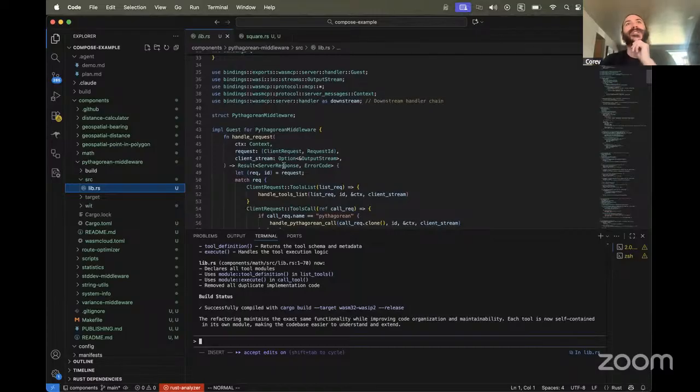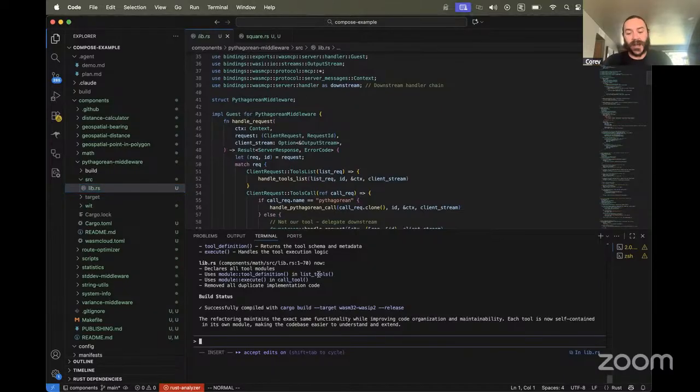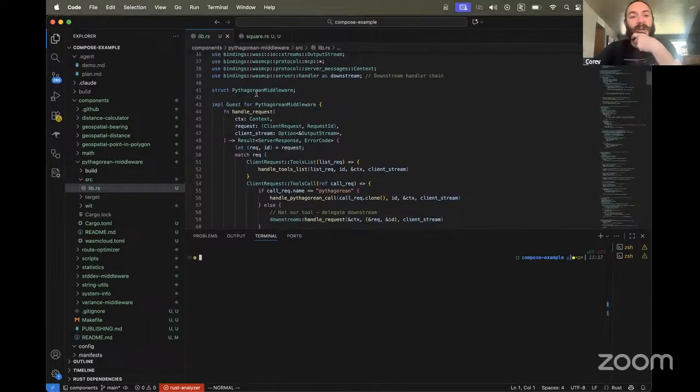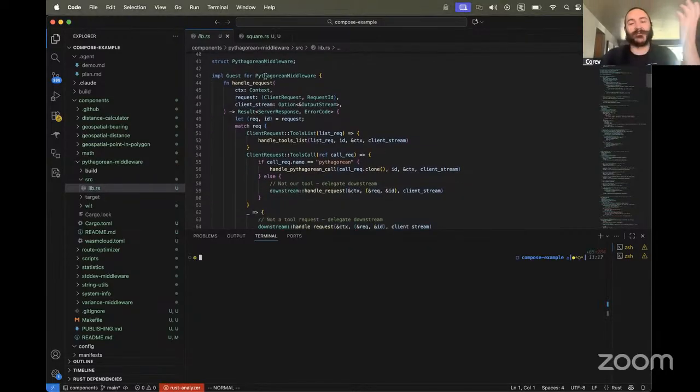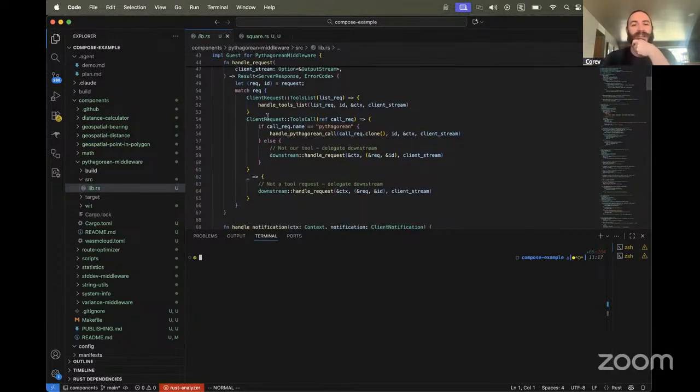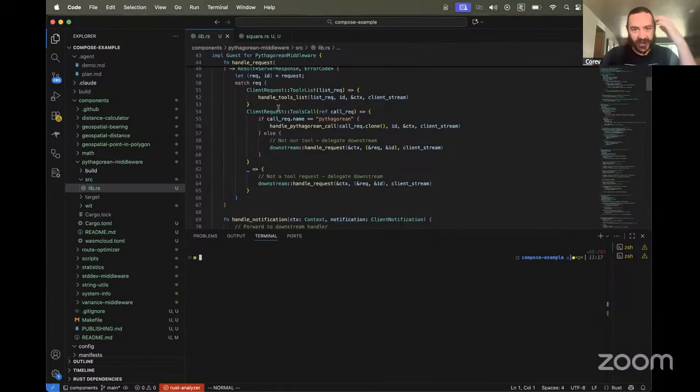But one of the more interesting patterns that this allows for is, in addition to being able to call those tools directly, you can also build out these middleware patterns where, for example, I've been using the Pythagorean theorem as a good example to outline it, where in a given set of functionality that you can put together in an isolated component, in addition to the normal handling of a tool, you can see here,